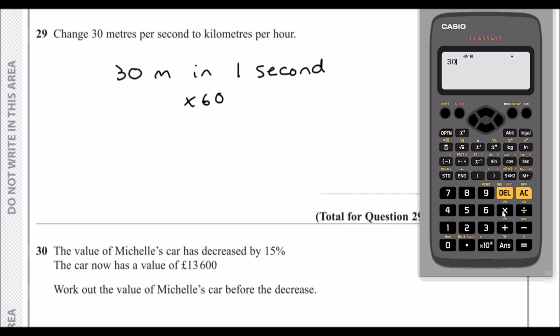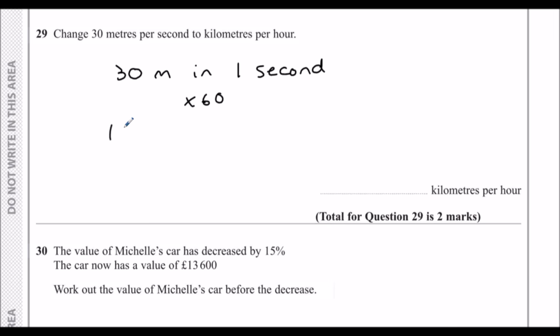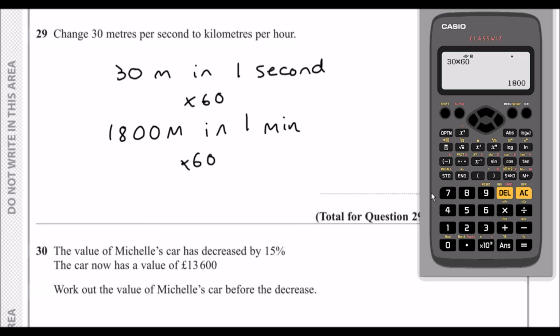So 30 times 60 is 1,800. So 1,800 meters in 1 minute. Then times by 60 again, and it'll tell us how far we can go in an hour. So 108,000